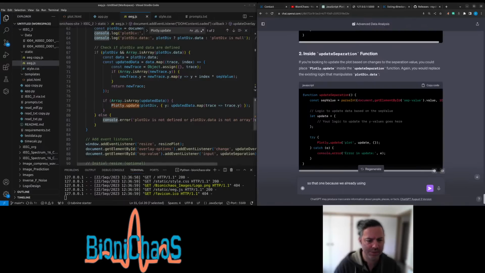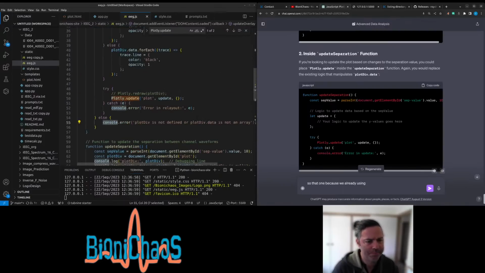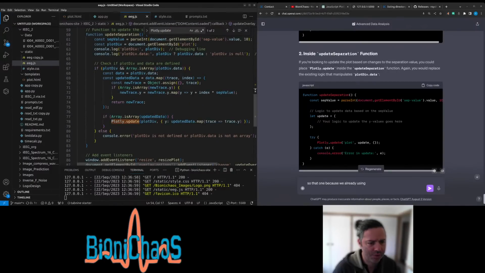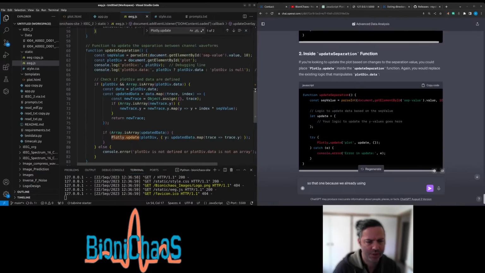Right, that line is also used in, so we have one here instead of redraw. This one is already update. Try. Where's the try?